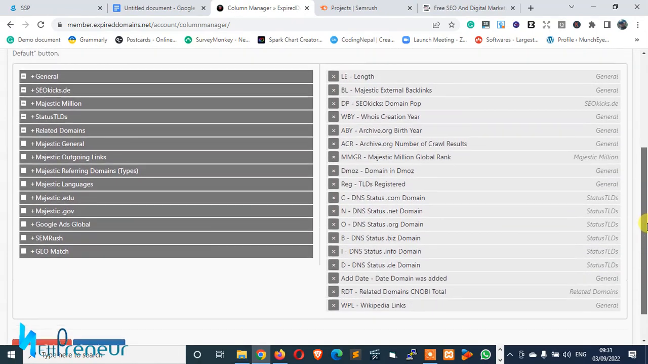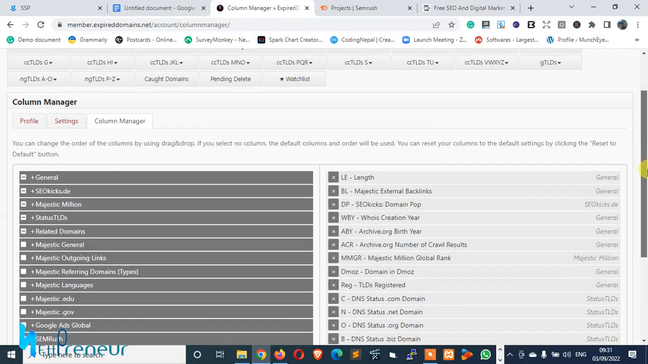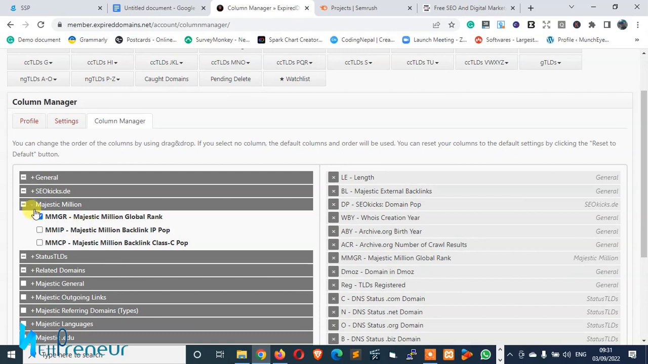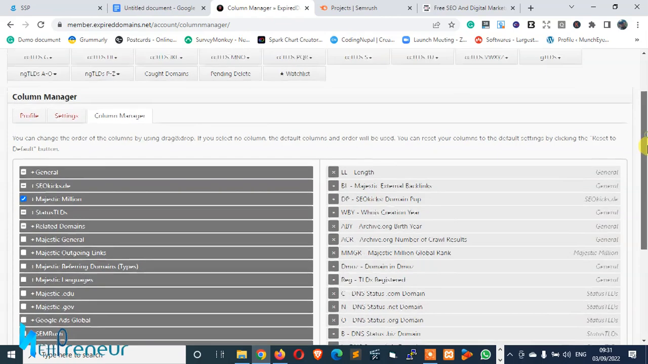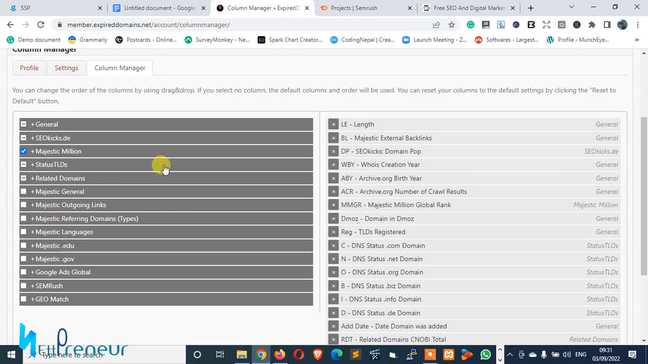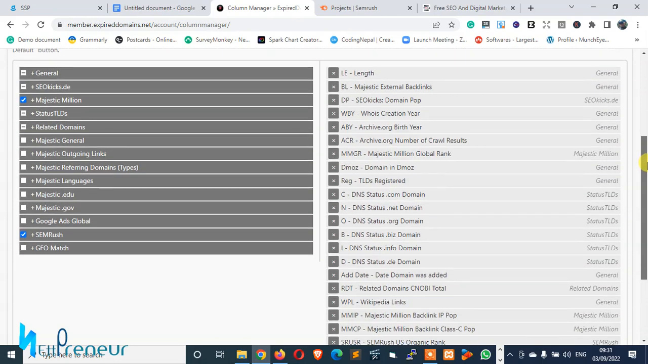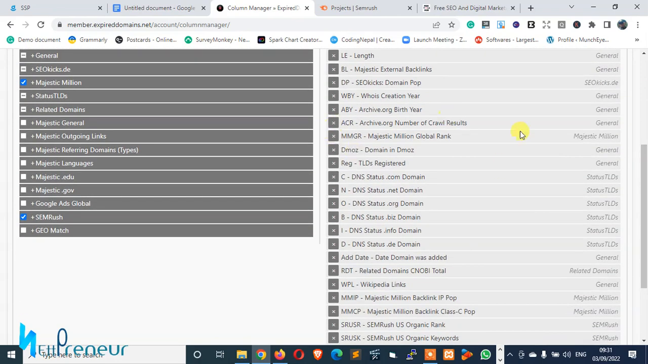So these are some other features that you can add. If I want to add Majestic, I've added this, and you just select the features that you want to add. If you want to add the SEMRush rank, you just toggle this box. Archive is there by default. All of